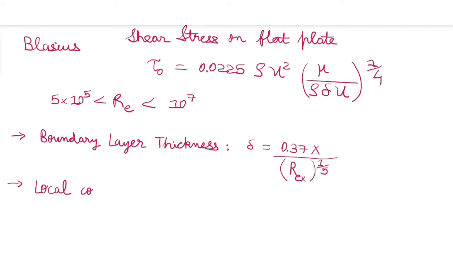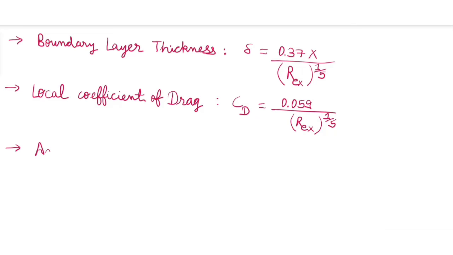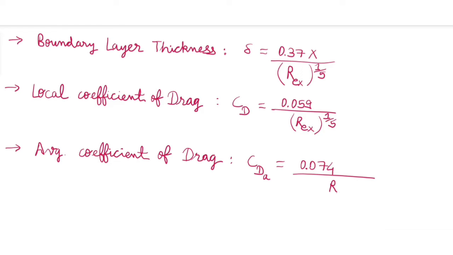Then we have the local coefficient of drag, which is CD equal to 0.059 upon Rex raised to 1 by 5. Rex is the Reynolds number for length x, and REL is the Reynolds number at the end of the plate. X is the distance from the leading edge, which we have already seen in the first part of boundary layer